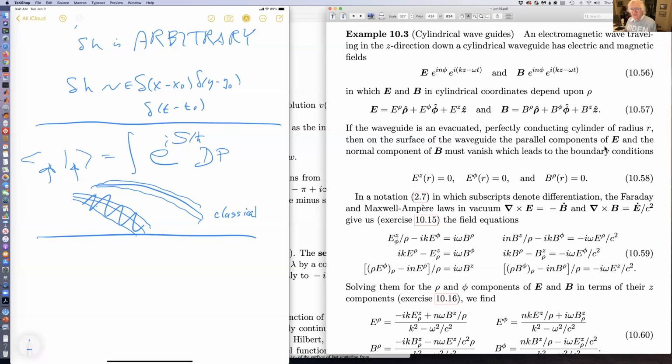Okay, so cylindrical waveguides. It took the doctors 6 months to figure that out. Anyway,